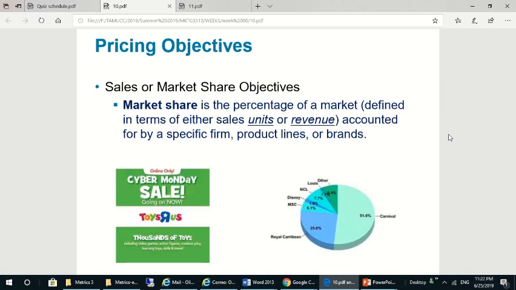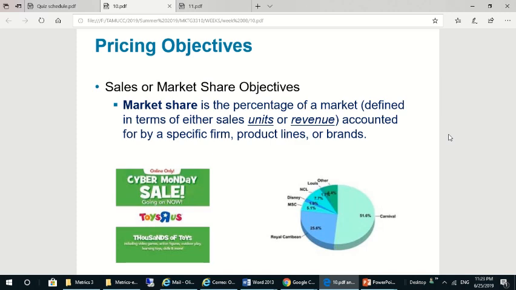What is market share? This is the percentage of a market accounted for by a firm, product lines, or brand. So it's the proportion of your brand, your product, the offerings that you produce and sell, the proportion of those products sold in the whole market in comparison to the rest of competitors, right? What percentage of shoes, for example, are sold of Nike in comparison to all the other brands of tennis shoes,